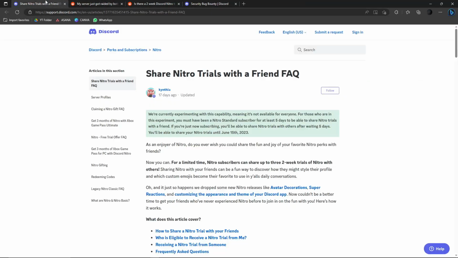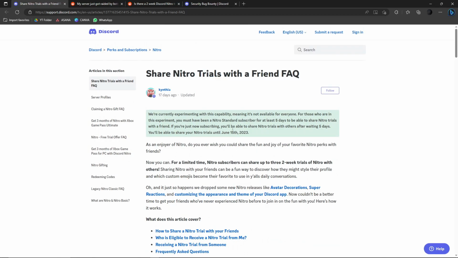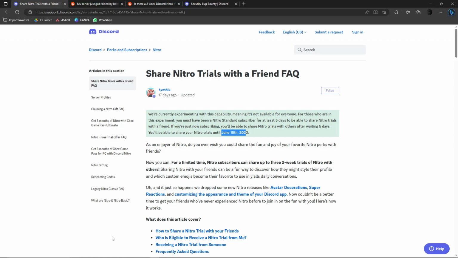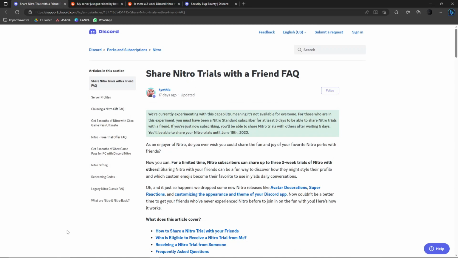So what's the thing I want to share? Discord is giving out a free trial for Nitro now. It's until June 15 only, I think, and how it works is if your friend has Nitro, they can share it to you, given that you haven't had Nitro for 12 months. You haven't bought Nitro for a year, or you haven't had Nitro for a long time. A friend can do that for you. How can they do that?